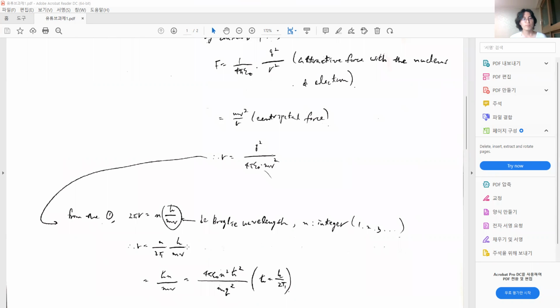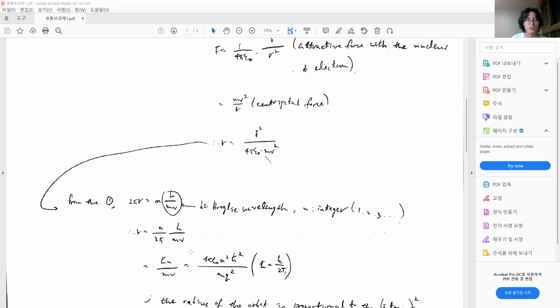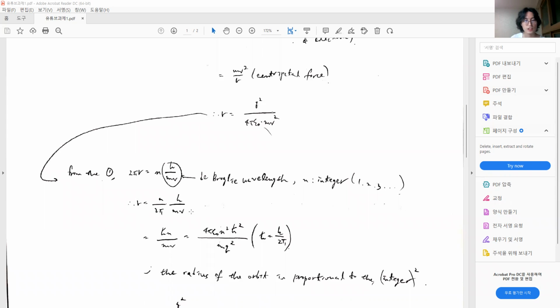and then we can reorganize for the equation r, which equals n over 2 pi multiplied by h over mv, where we can substitute this h over 2 pi with h bar, and then we can re-express this formula as h bar n over mv,